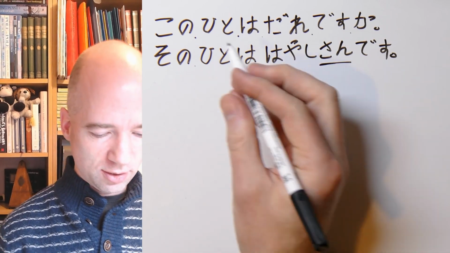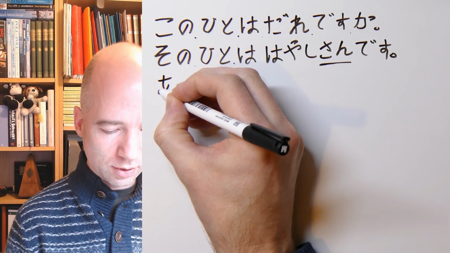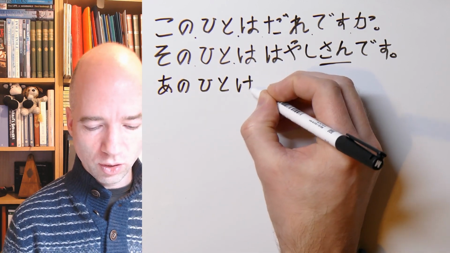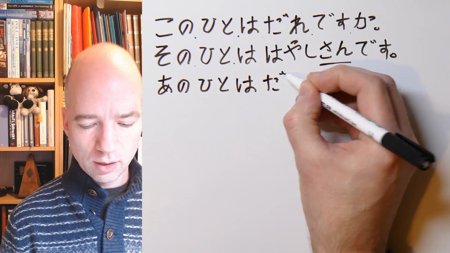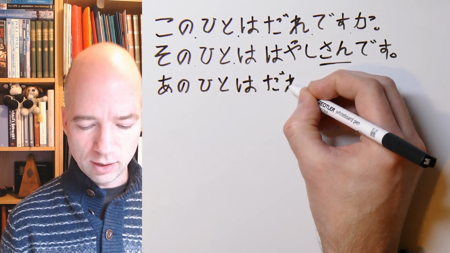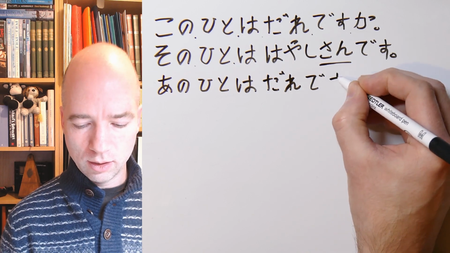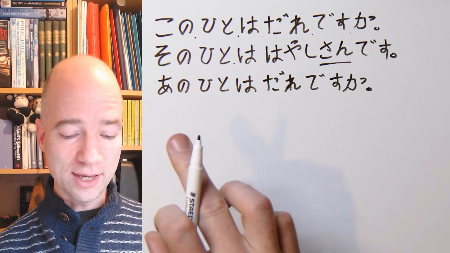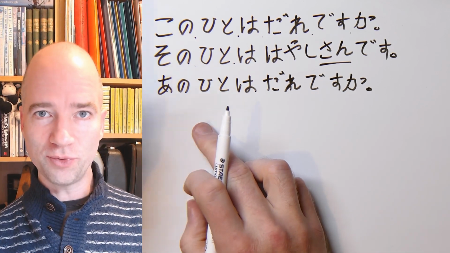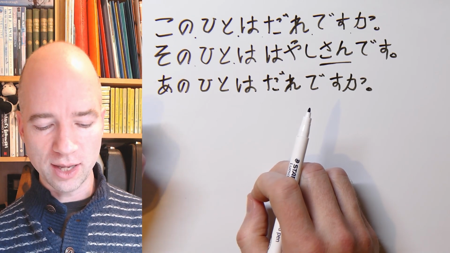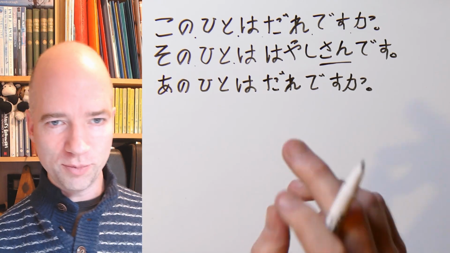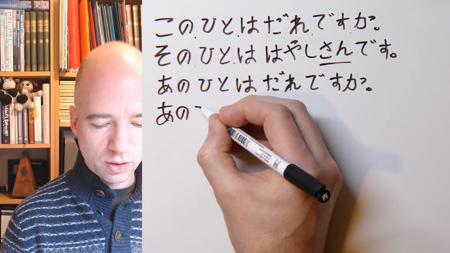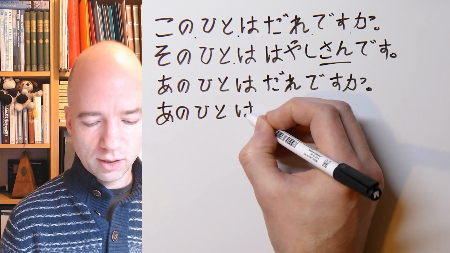Let's do another question. So we have あの人は誰ですか? Which also means who is that person. But now we've got three different demonstratives. We have この, その, and あの. And it might become obvious when the answer to that question could be あの人は